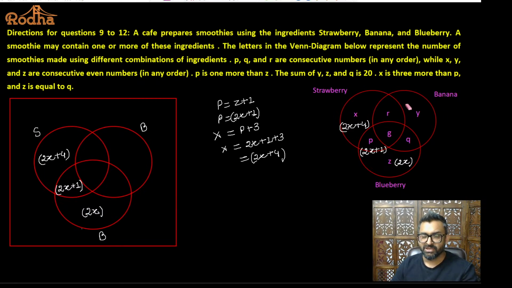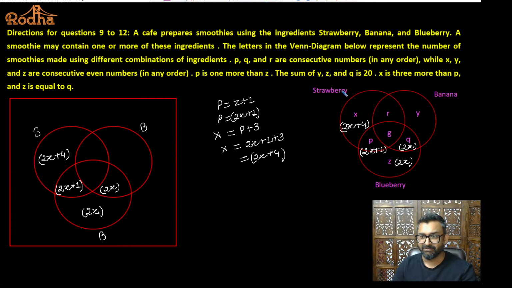The information is given to us in the last statement. Z is equal to Q. So if Z is equal to Q, and if I say this is 2x, this must be 2x. Perfectly all right. Yes or no? Fine. Now we are left with one piece of information and one more thing which we have to conclude logically, that